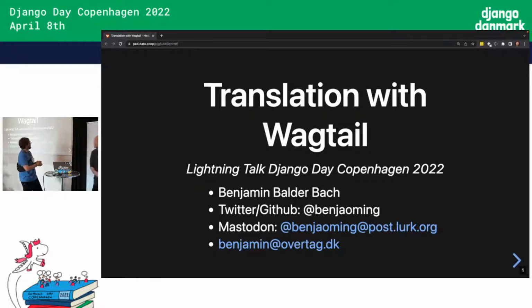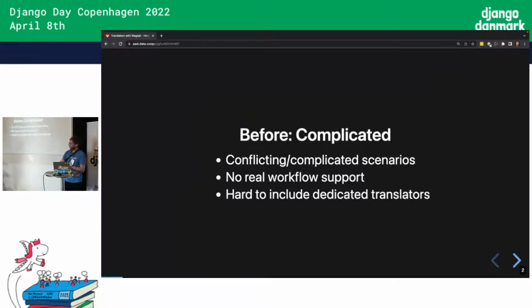That is great. So I'm going to talk about something that I'm not an expert in, but something that got me really excited recently. I'm already using Wagtail. I want to talk about translation in Wagtail, and just to give you a brief recap of how it was before Wagtail introduced a new extension for localization called Wagtail Localize. It was very